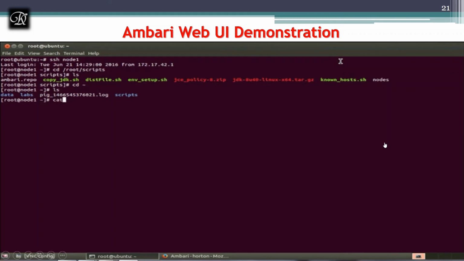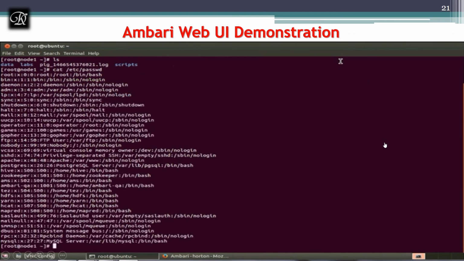You need not use the web UI, because for everything you don't get a web UI. See, these are all the application services which are running, where you can also see Zookeeper is running, MapReduce is running.